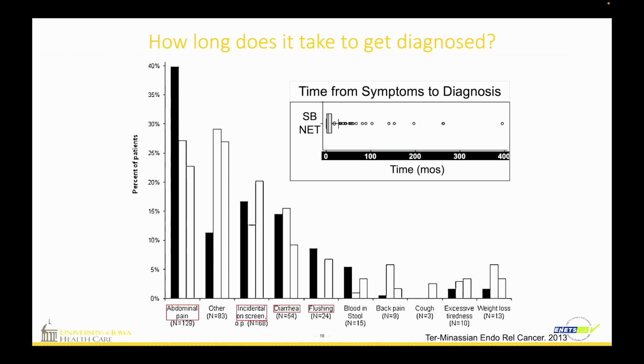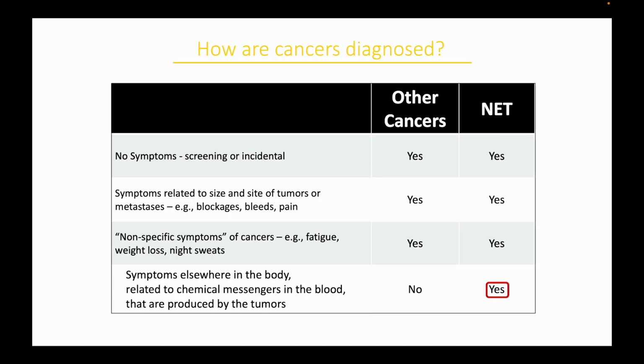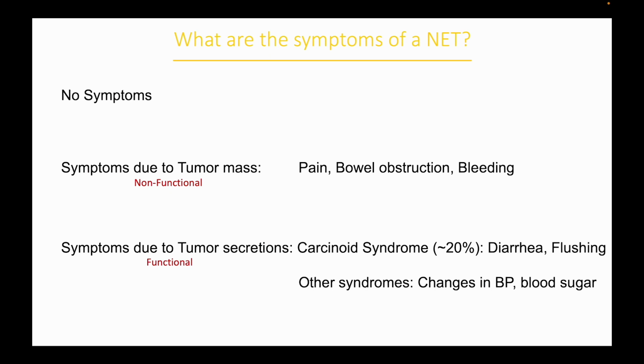Another interesting thing from this study was how long some people spend with their symptoms before they get diagnosed. So again, this is just the small bowel group. Most people got their diagnosis, the average was 2 or 3 months between symptoms and diagnosis. But 20% of the people here took longer than a year, and 5% of the people here took longer than 5 years to get their diagnosis. Rare disease, not a lot of physicians know about it. Some of the symptoms can look like other things. There are lots of reasons. So, actually, we'll go on to the next one.